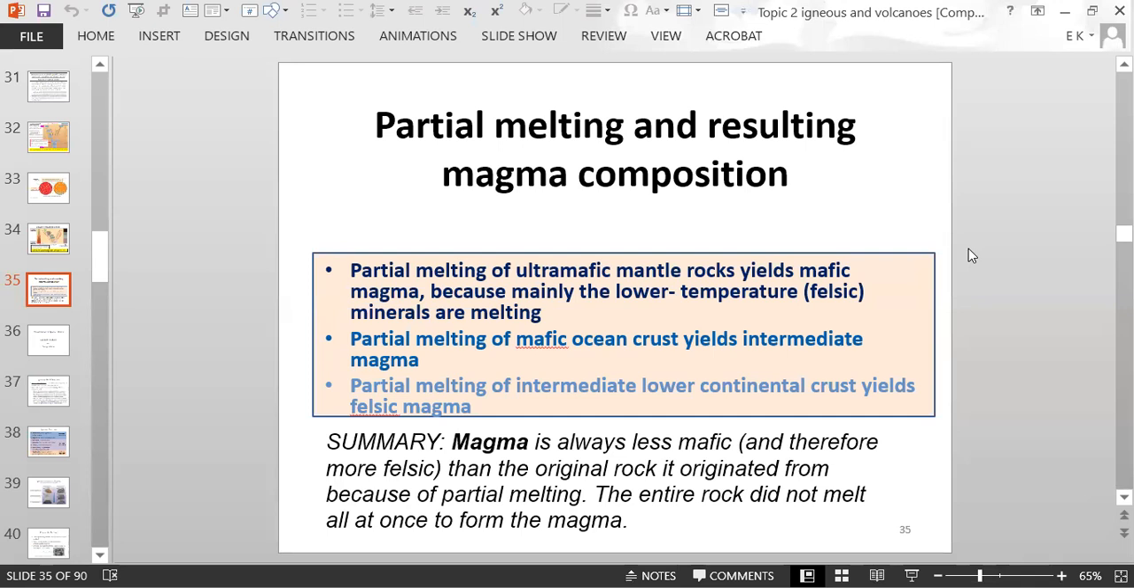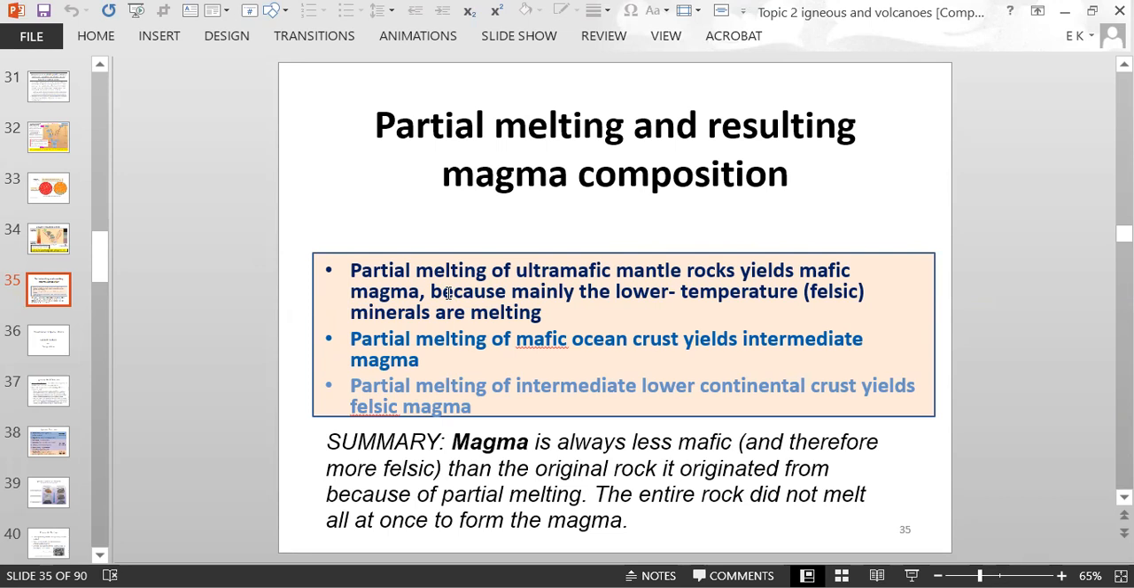So this is the slide that we ended at, and it's partial melting and the resulting magma composition. So the other day we discussed partial melting and how certain minerals melt at certain temperatures different from other minerals. So when you take ultramafic mantle rocks and you partially melt them, it's going to create a mafic magma, because mainly the lower temperature or felsic minerals are the ones that are melting and then rising up into a magma